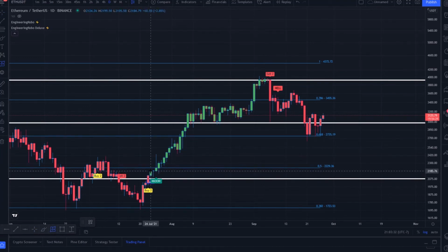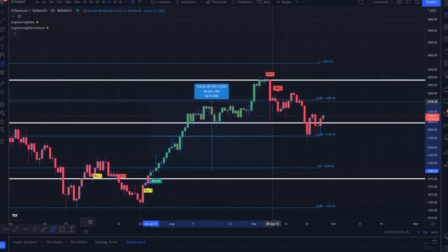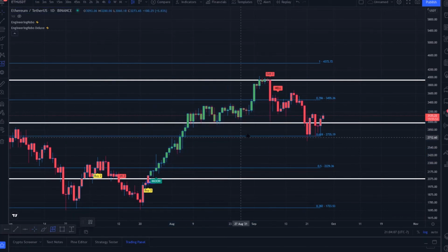We already have seen up to 83% in gain over the following 41 days after EngineeringRobo became bullish on price action, easily turning $10,000 into over $18,000 just by sitting around looking at it. And if you didn't take profit above, at, or around that swing high, you should have perhaps considered closing your position around technically $3,434 per Ethereum, allowing you to capitalize on 57% ROI with EngineeringRobo's sell suggestions,